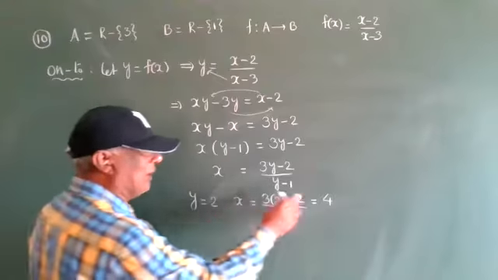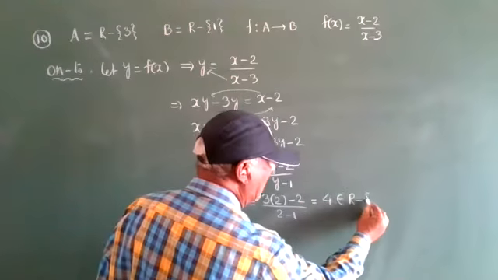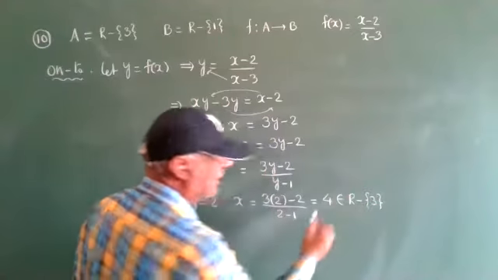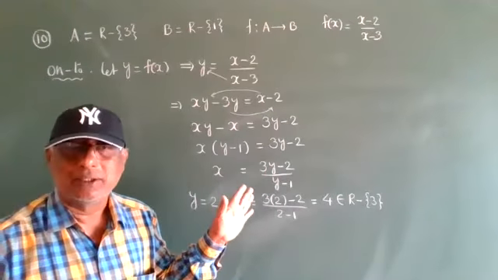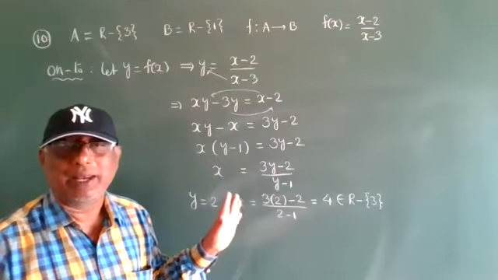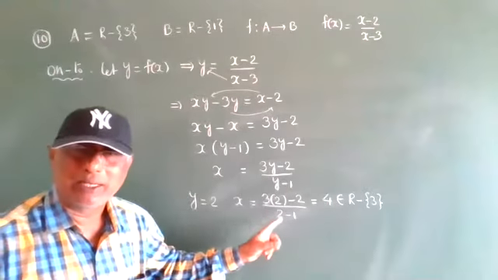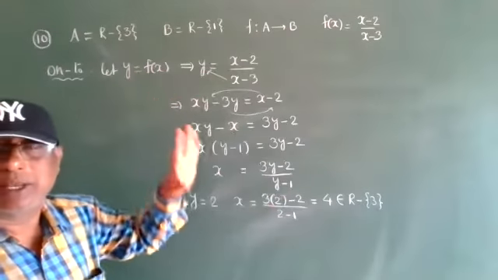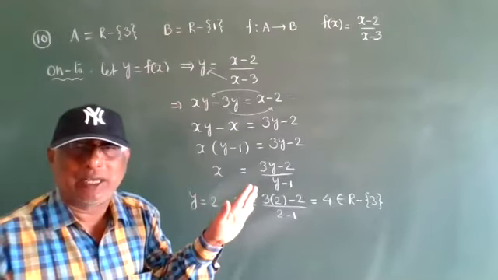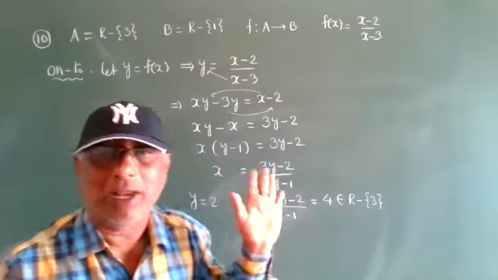4 is the value of x. 4 belongs to the real numbers. Other than 3 we can get any value, but 3 will never be obtained. Therefore, for every y value we substitute, we get an x value. The x value also belongs to R minus 3. We never get the 3; you can substitute any value.